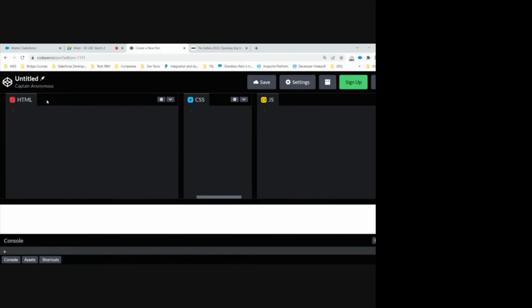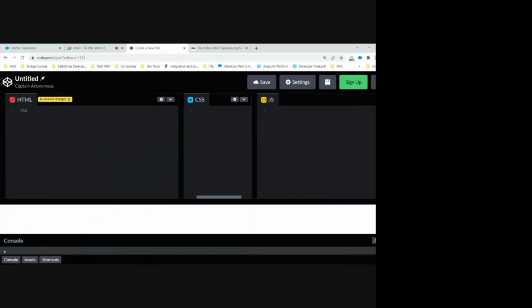But in this CodePen.io, those internal things are already there. HTML tag, body tag, we don't need that knowledge. We will be focusing more on our main content, that is the buttons, the input tags, and all. Okay. So simple things. If we want to create an input tag, let's see first of all the basic tag,